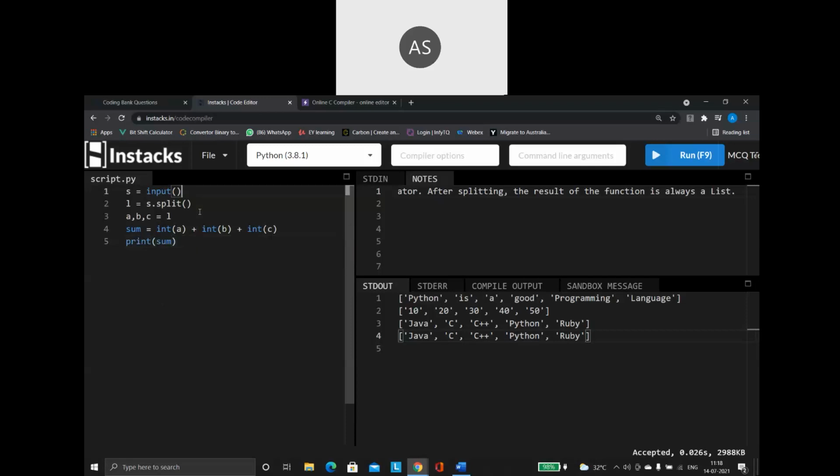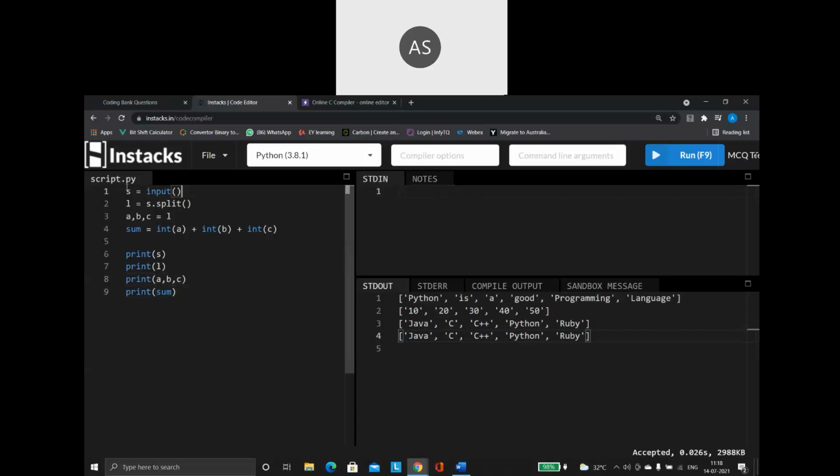Okay, so first thing what we are going to do is, before printing it, I'm going to print all other things also. Let us print the yes value, which is nothing but my string. Let us print the L value, which is nothing but my list. That is after separating, the list I'm going to be getting. Then I am saying print A, B, and C. Done. So let me run this piece of code.